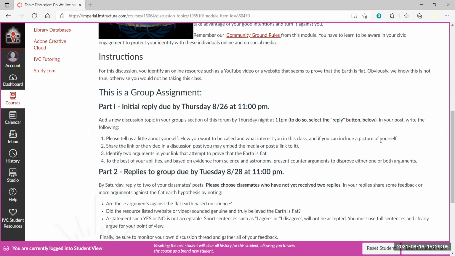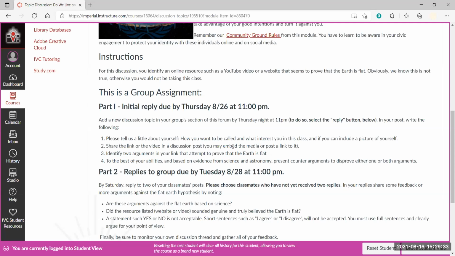Question. So in the question where we talk a little bit about ourselves, we just include a picture of ourselves. With a picture and talk a little bit about yourself, what you're going to be majoring in, and what you hope to achieve from this class, and so on and so forth. It doesn't have to be complicated. It doesn't have to be too much. Okay, just a brief intro. Make sense? Yes. Okay, very good.